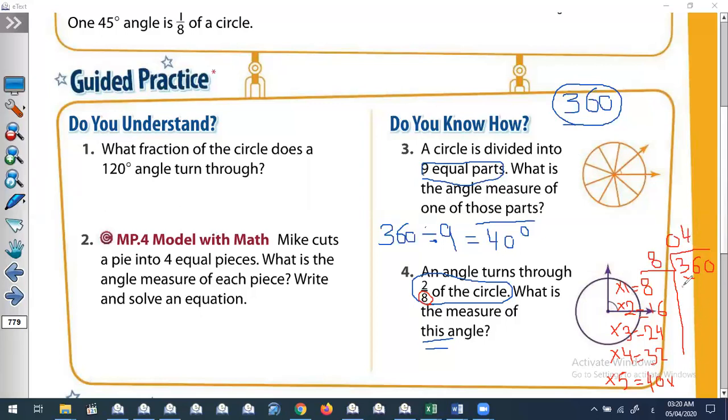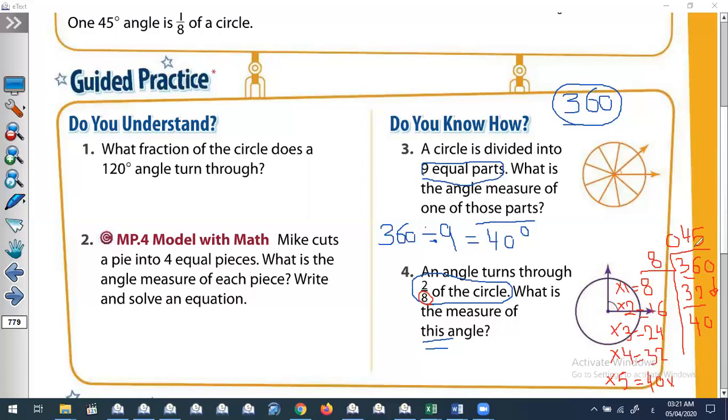Down 32, make subtract, 6 minus 2 is 4. And after subtract, bring down the next digit. The next digit is 0. So the new number is 40. 40 divided by 8 is 5. So 360 divided by 8 is 45.